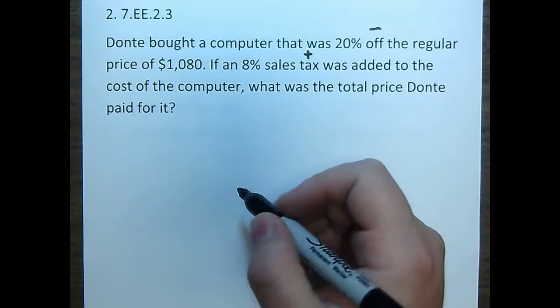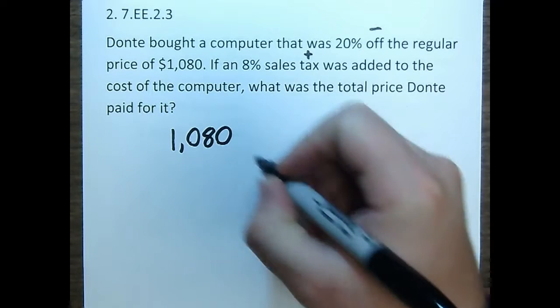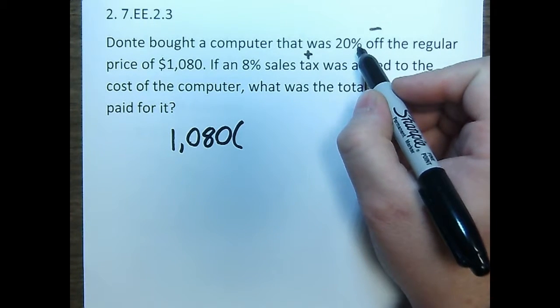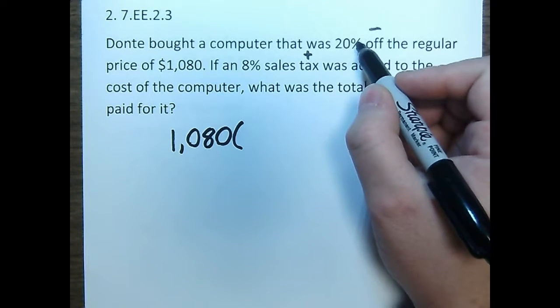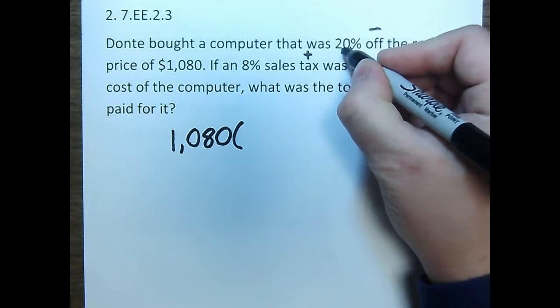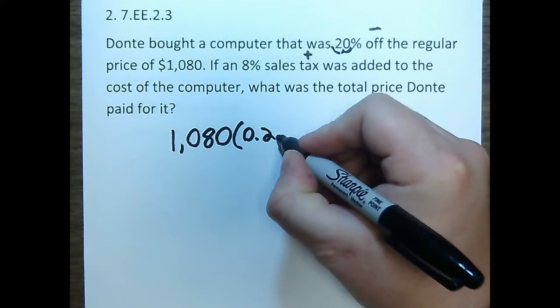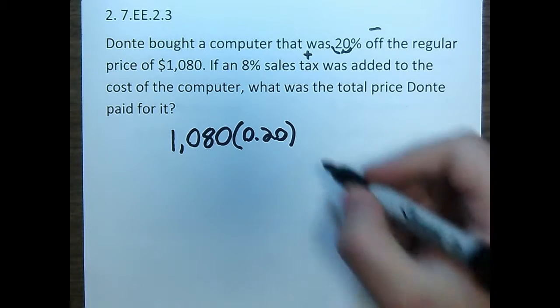So the first thing we need to do is take $1,080 and multiply it by the percent, 20, but we need to turn that percent into a decimal, because we can't work with percentages like this. We have to put them in their decimal form. We just need to move the decimal twice, once, twice, and that will become 0.20. So I can take 1,080 and multiply it by 0.20, and that's going to give me